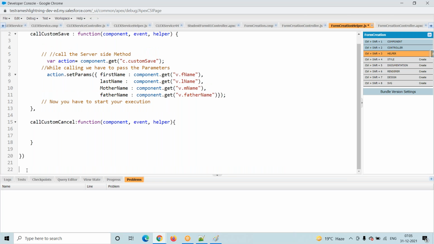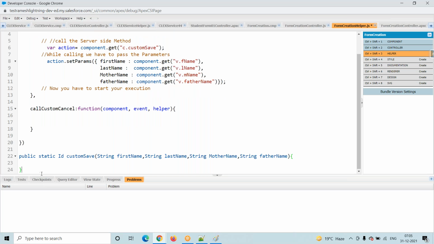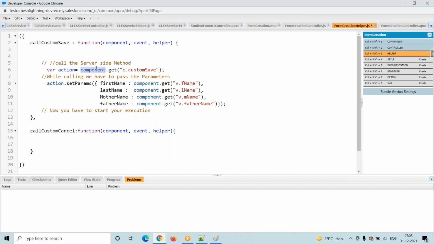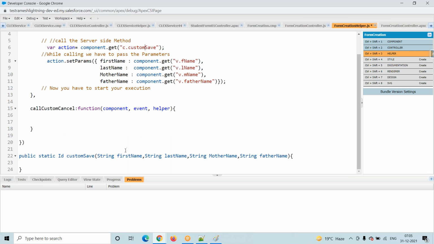Any questions on this one? Any questions or any confusion? So this is my method. Our target is to call this particular method. How to call? We have to use this reference: component dot get custom save. While calling this method, it is receiving the parameters, right? For those parameters we have to pass the data. First name. This is the